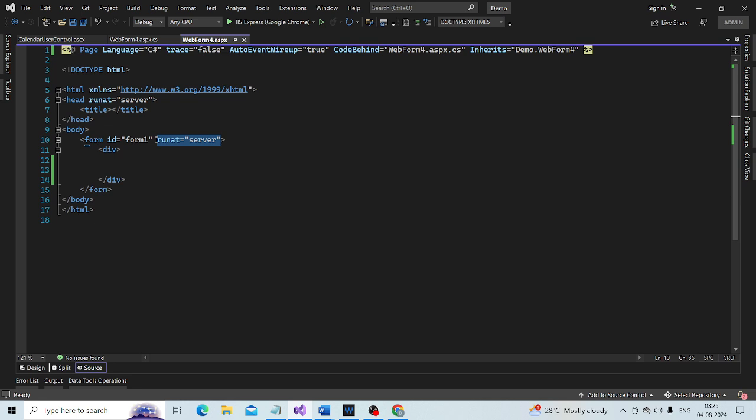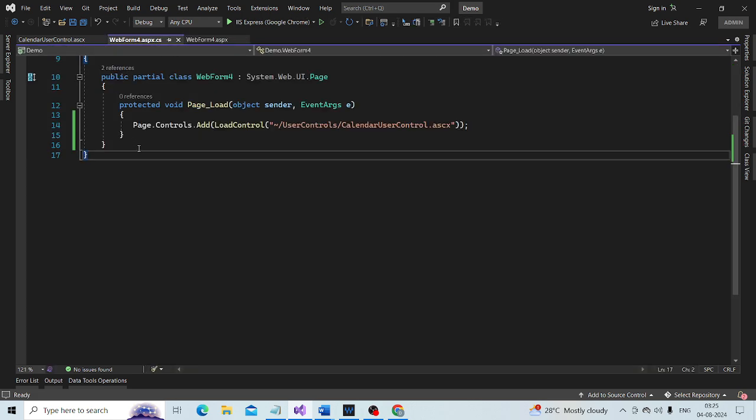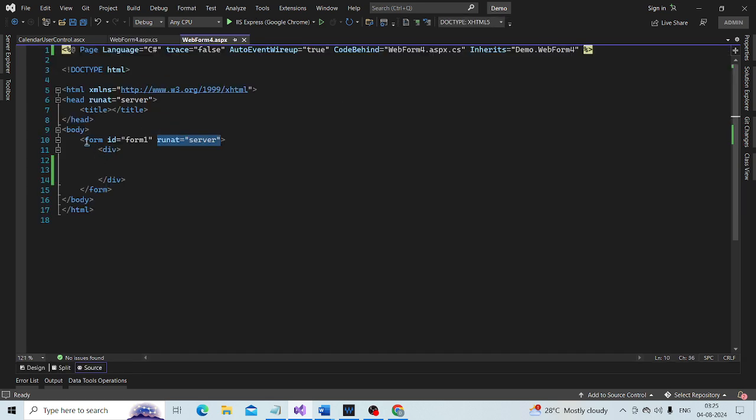Now for some reason, what happens is, when the page controls dot add method is used, it tries to add the control to the web form outside of this form tag.